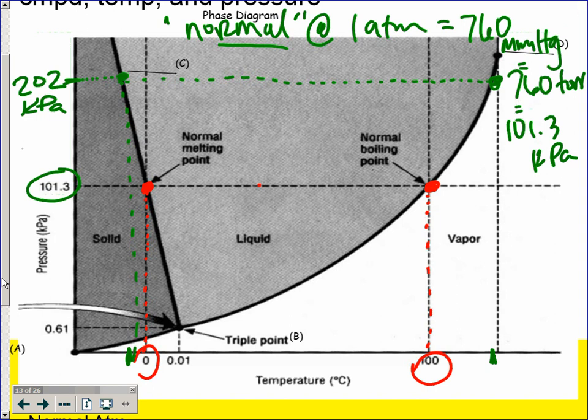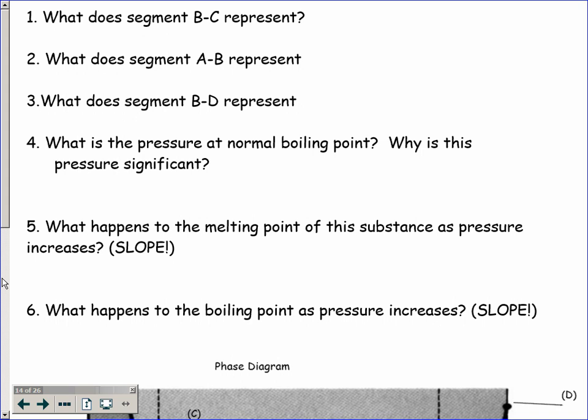Quick labels though. What does D represent? Critical point. Good. What does B represent? Triple point. And what does every single point from B to C represent? B to C is here. Okay, every single point there is technically a melting point, but at different pressures. You could also call that